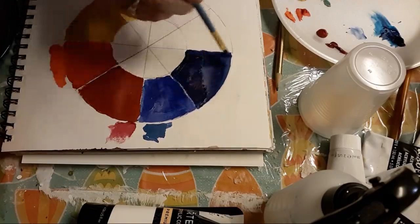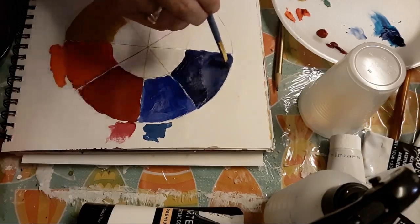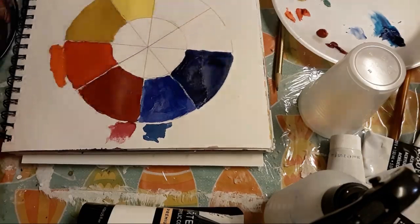A lot of people say, if you mix blue and yellow together, what do you get? Do you get green? Well, you get a green, more or less. Sometimes you can actually get kind of a gray. And the same thing with mixing red and blue. You think that'll give us purple. Not always, not so much. Not exactly what you think of as being a purple, which is the reason you need to chart out your